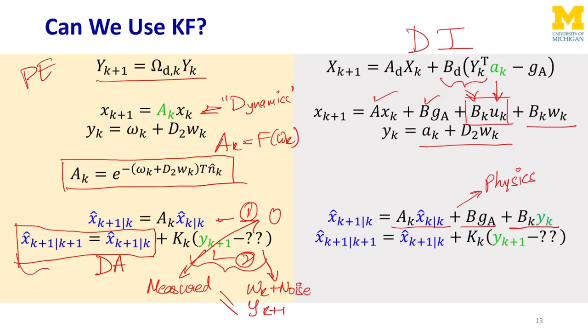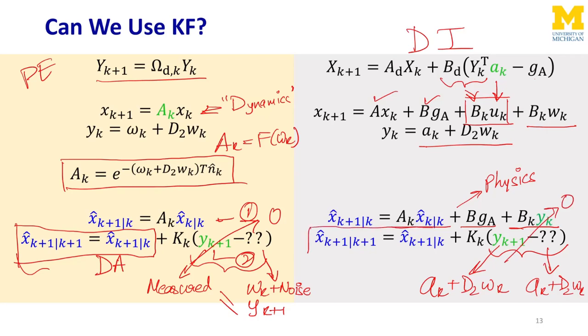And again, the posterior at k plus 1 is obtained by the data assimilation step. And again, we are going to look at the output error. The output is the measurement, the accelerometer plus the noise. And what would be the output of the estimator? That actually also is the same, because we don't have any component of the state which affects the output. So this again is going to give me a 0. And again, I'm going to be left with this equation,